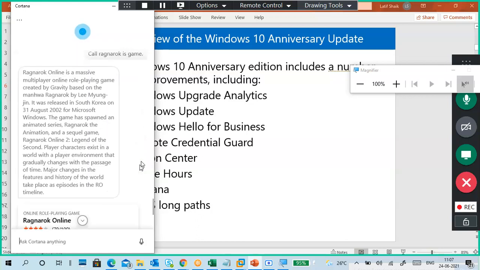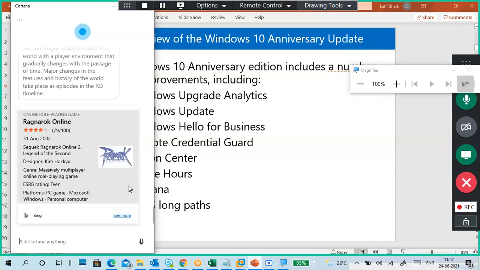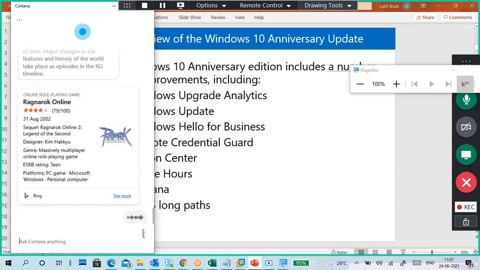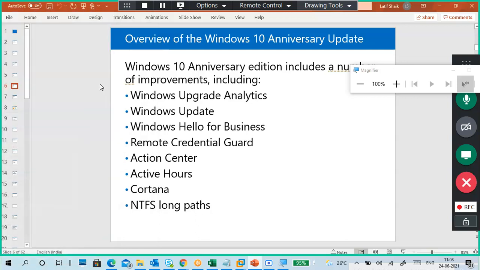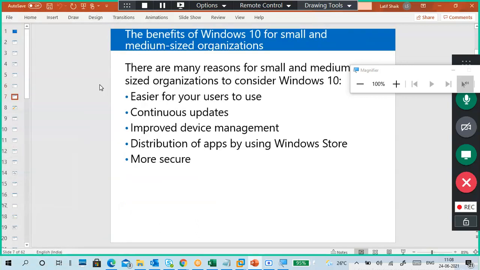Ragnarok Online is a massive multiplayer online role-playing game created by Gravity based on the manhwa Ragnarok by Lee Myung-jin. Windows Hello for Business. Sorry, I don't know the answer to this one. That is Cortana. Okay, don't trust.